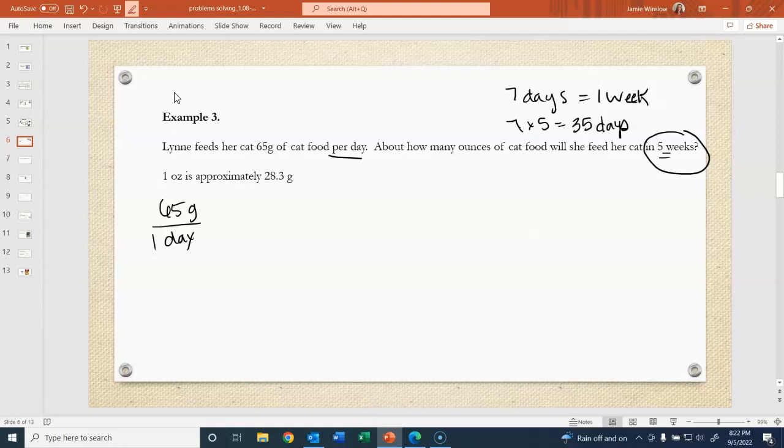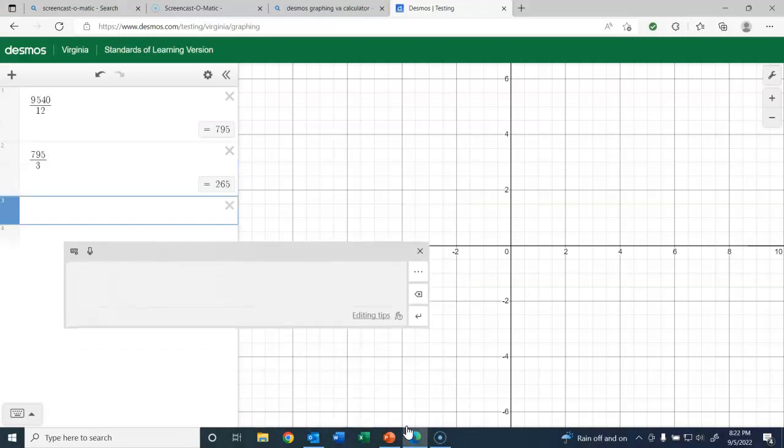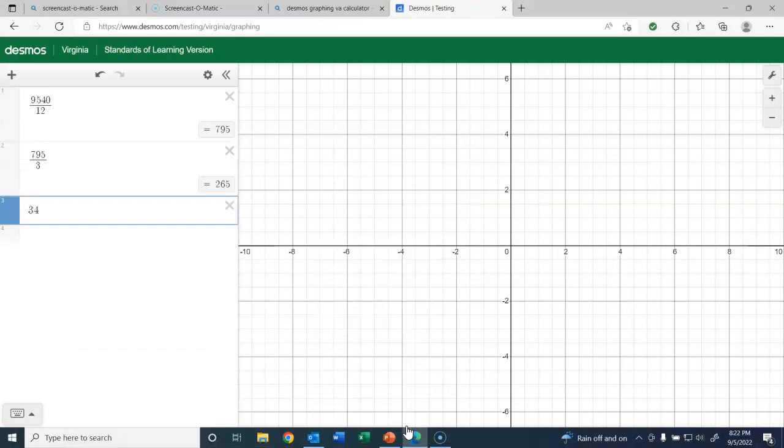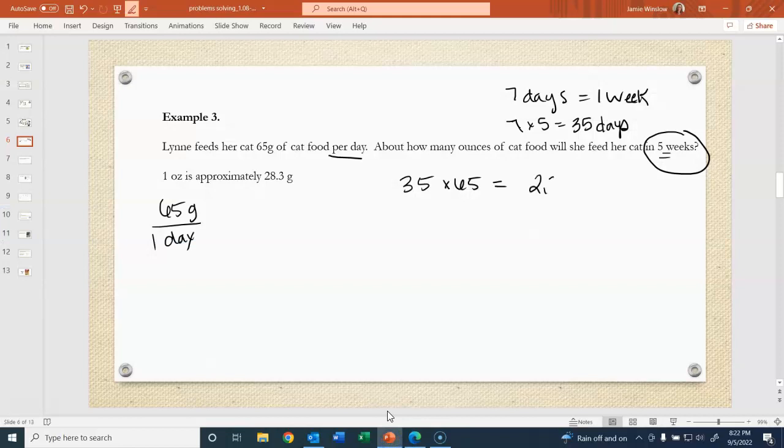And she feeds her cat 65 grams per day. So let's get the total grams. That would be 35 times 65. Let's see what that is. 35 times 65. 2,275 grams